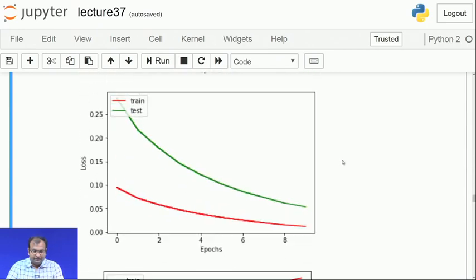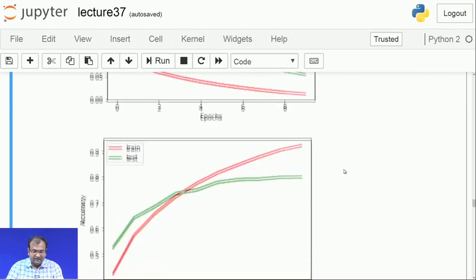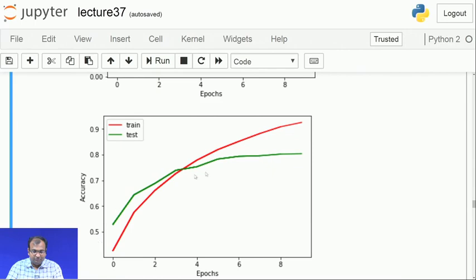Now, this is the kind of losses which you would be seeing for your train and test, and this is the accuracy which you would be seeing for your train and test, these two. Obviously, one thing you need to see is that your training accuracy still keeps on increasing, while the test accuracy is increasing, but the rate at which it keeps on increasing has some sort of an inflection, and then it keeps on slowing down.